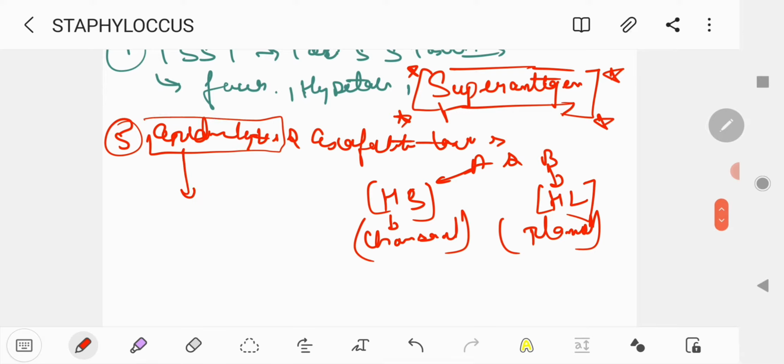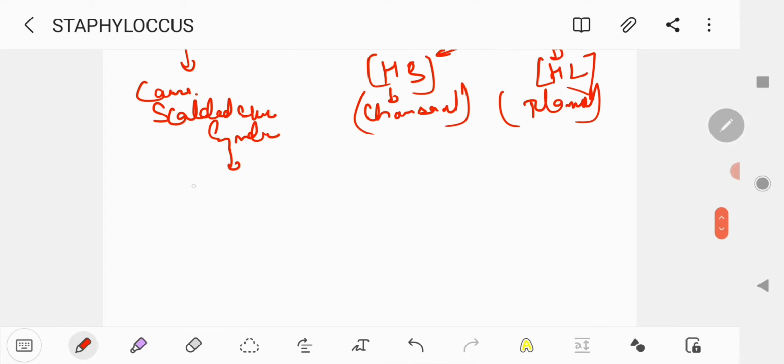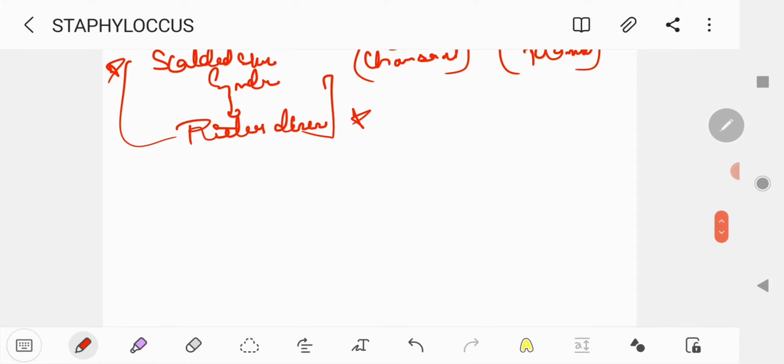In the epidermolytic toxin, you also have to remember that it causes, sorry for my pronunciation, scalded skin syndrome, which eventually causes Ritter disease. Okay, important one. These toxins, you have to remember by heart. Okay, and for hemolysin,